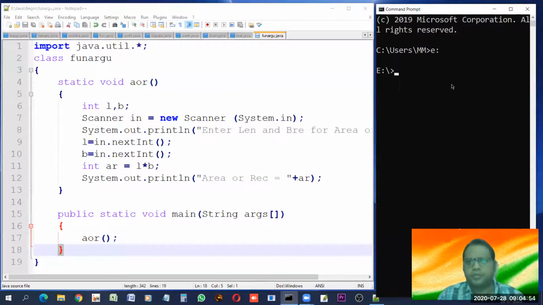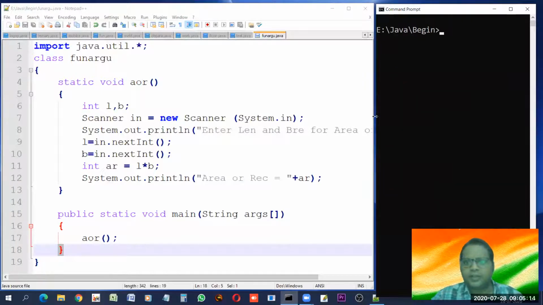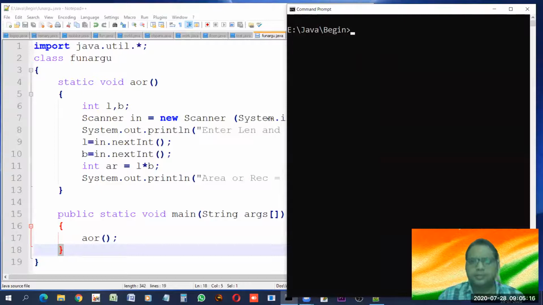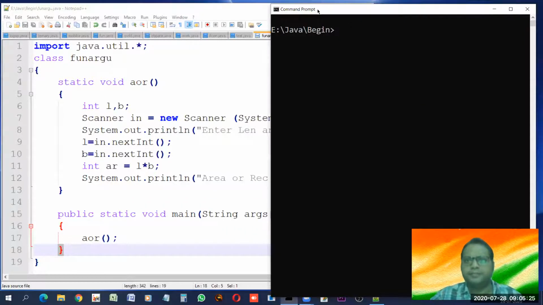So first we go to the drive where the file is, the E drive. Then we go to the folder. This is the name of the folder. We can see the locations. Look at the mouse pointer. This tells the location of the file, where that file exists. Now we are in the same location. Type dir to see the list of files and folders here. So this is our file, which was created at this time. You already know these things. Let us compile this.